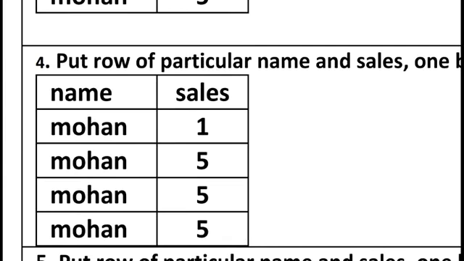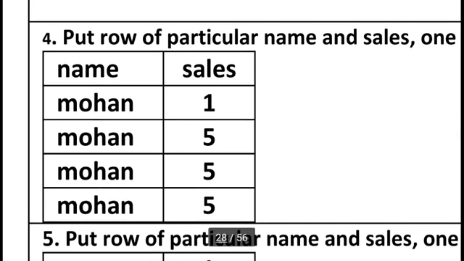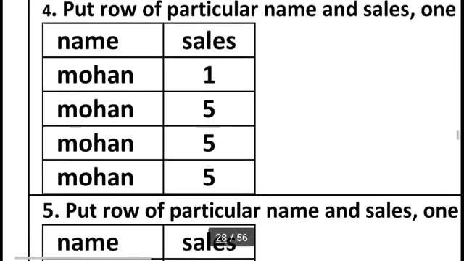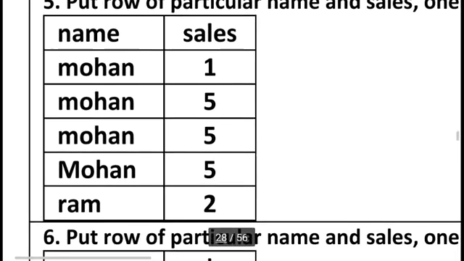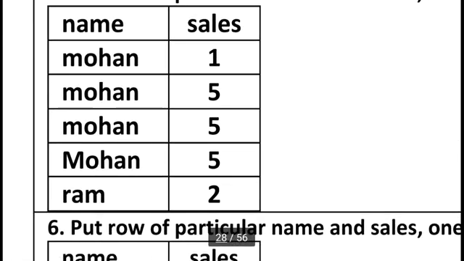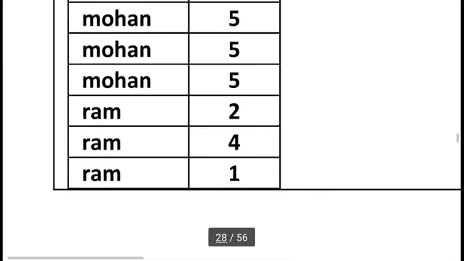So you can see for grouping we require at least three things. First grouping, then a numerical column, and then a particular operation. Here I already showed two things, but one more name is also required, Ram. All the Ram data with sales: Ram 2, Ram 4 and Ram 1,